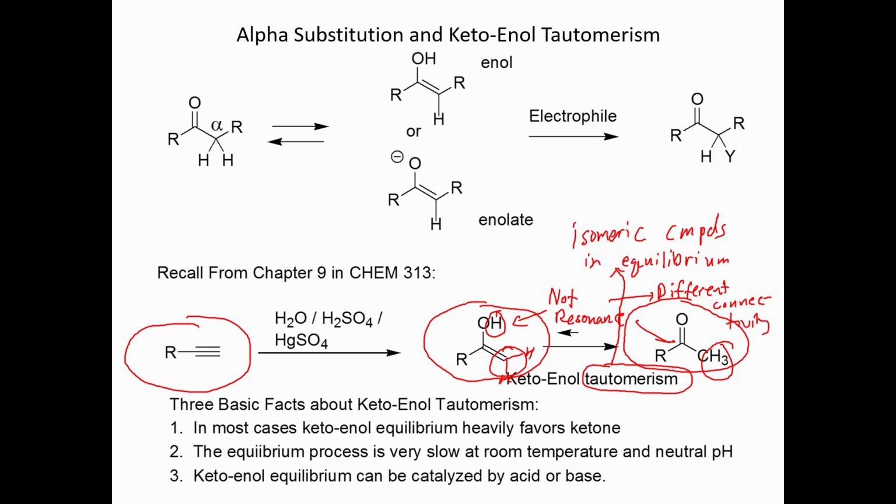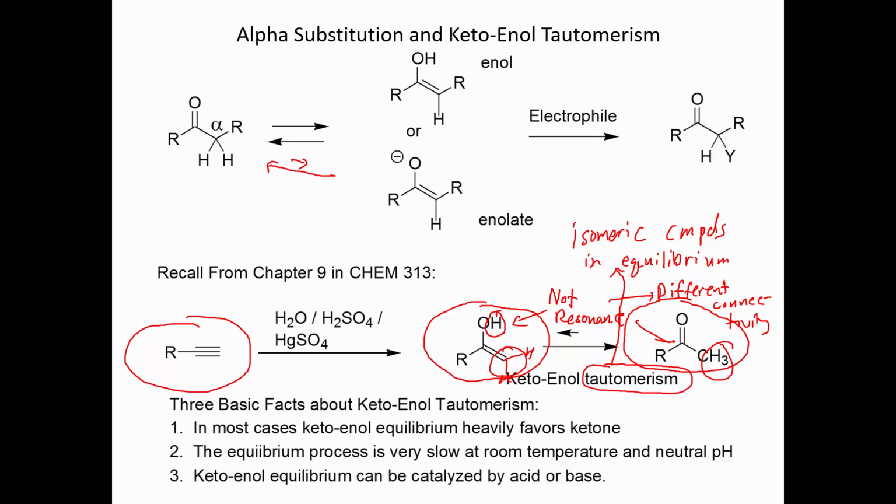Okay, if we treat a ketone with acid or base, we speed up the equilibrium between ketone and enol. We don't really change its position. It's still heavily in favor of the ketone form over the enol form,